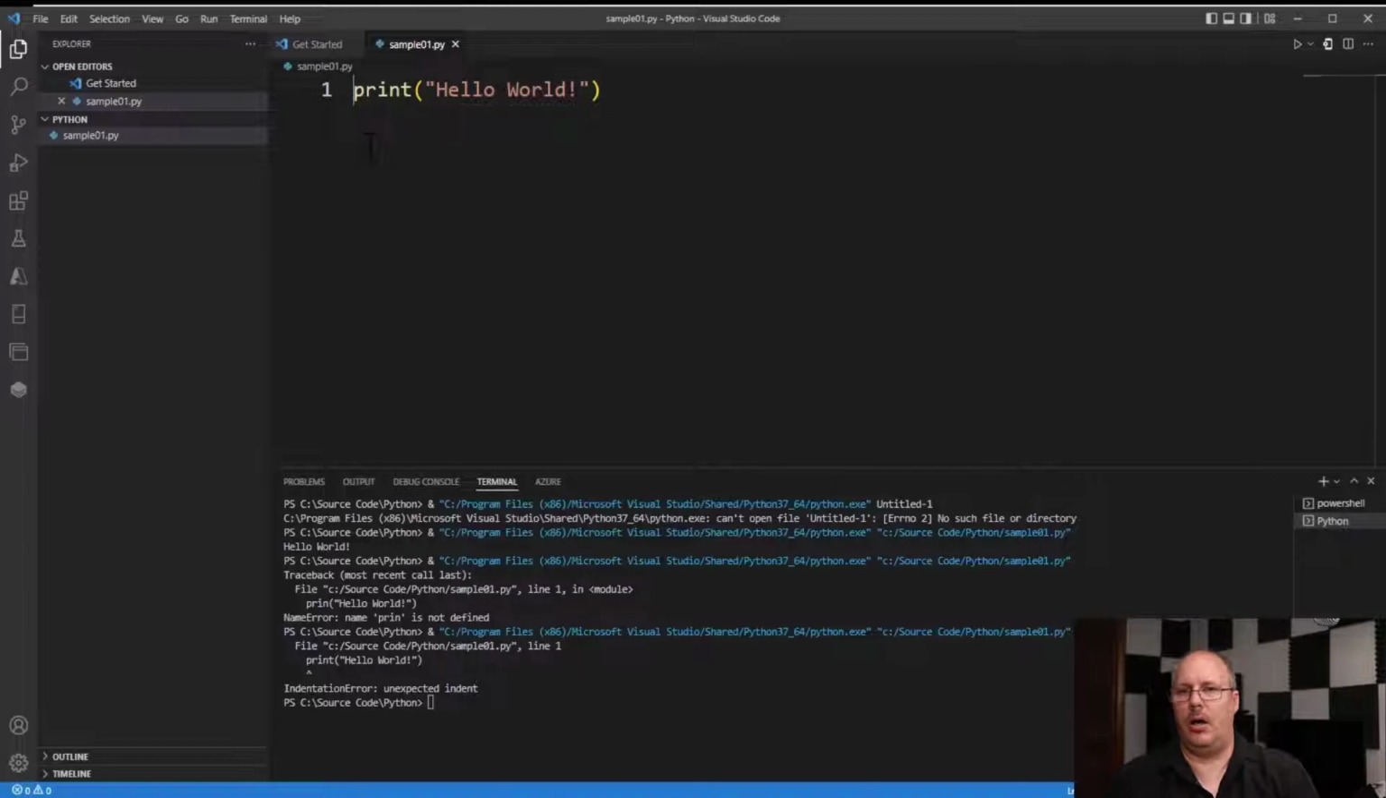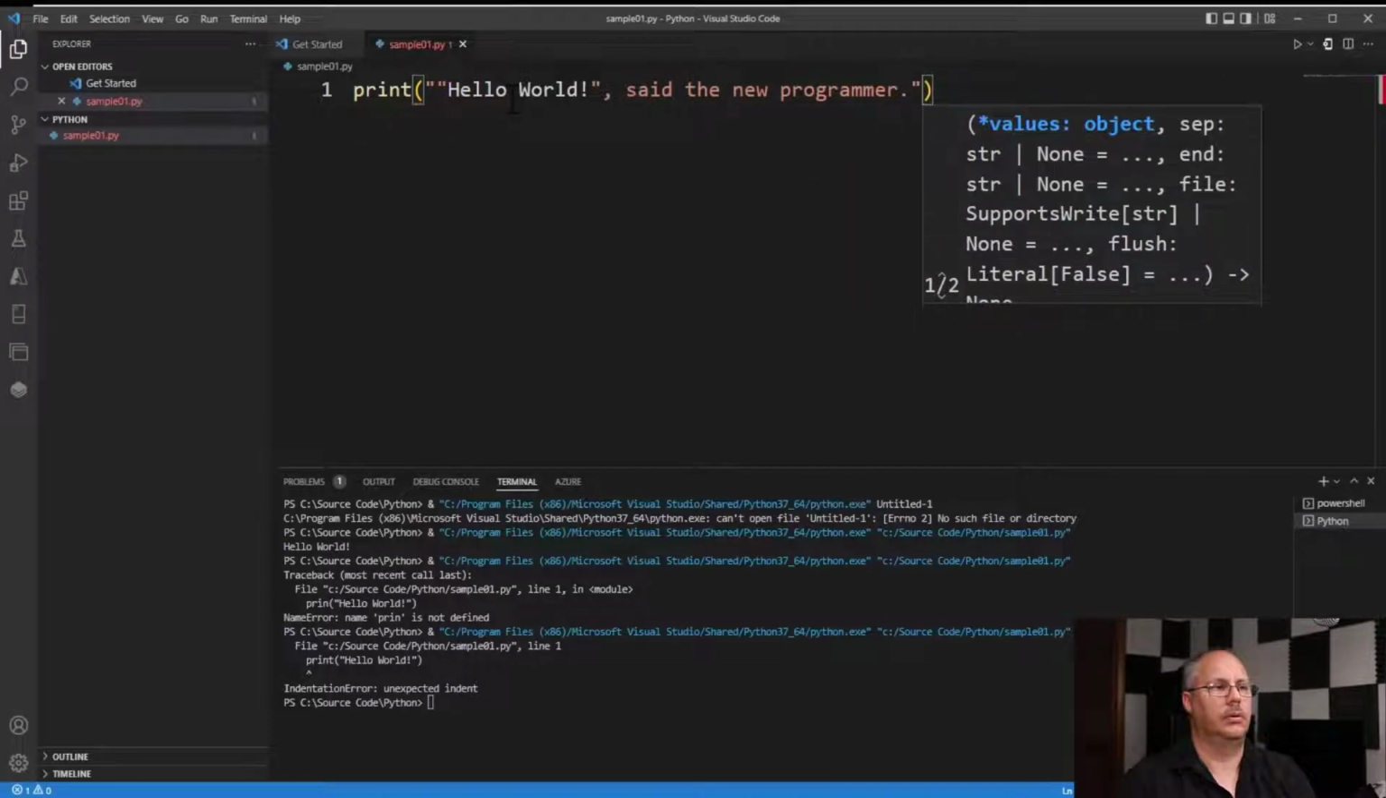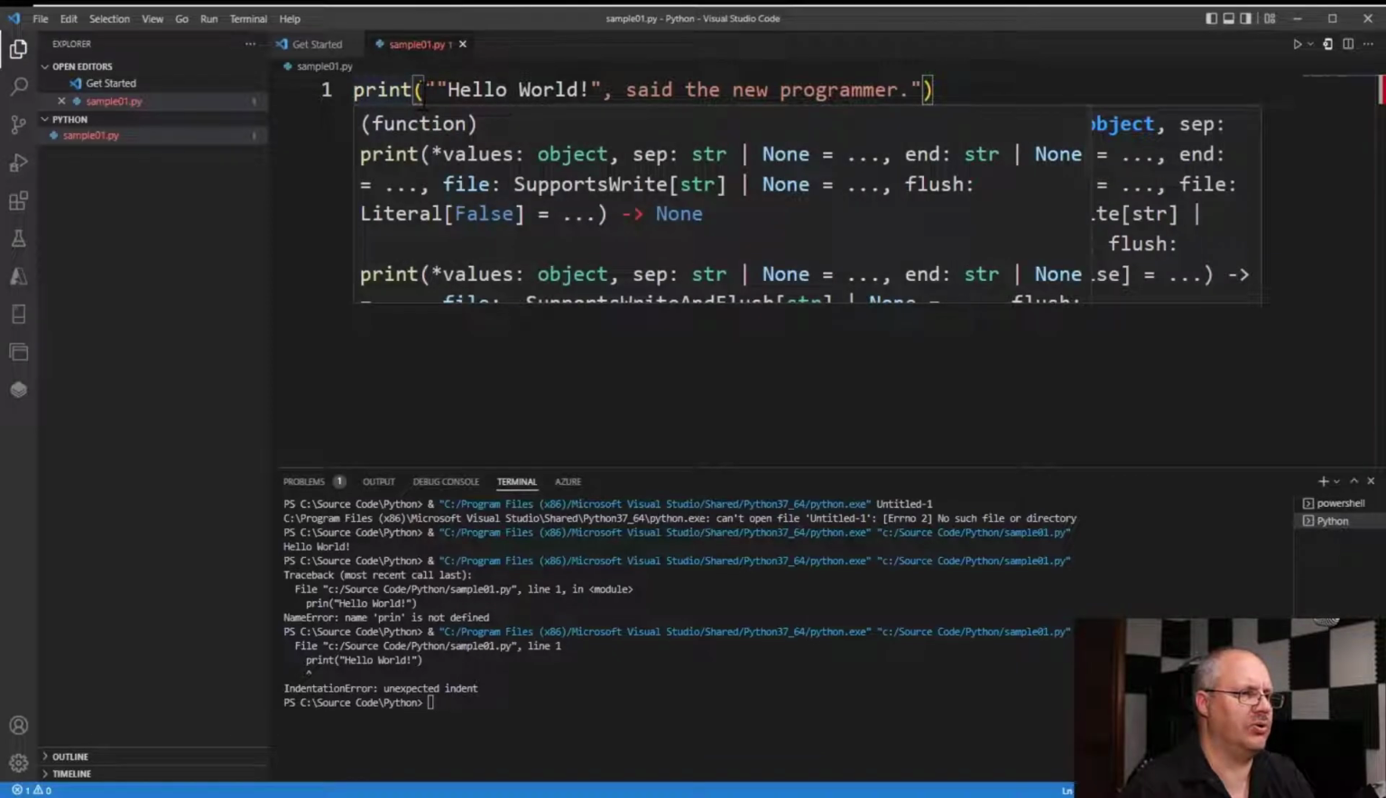Now, another thing that you might find, and the last one we're going to have, is how do we handle our hello world? You might go, well, what do you mean, how do we handle it? Well, we might say, hello world, and I'm going to put an extra quote here, said the new programmer. And you're trying to put quotes around because that's what a person's saying. But notice that there's a little error message here. If I put my mouse cursor over it,